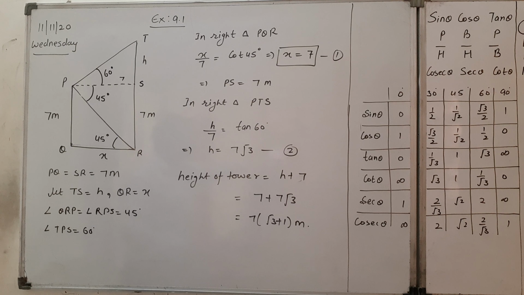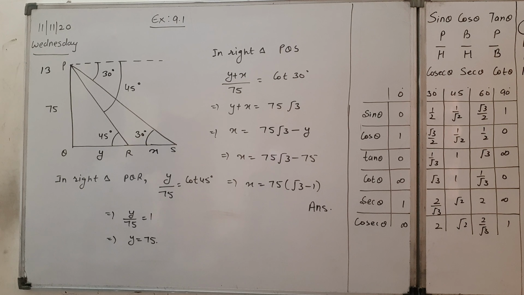Now come to the next question. So next question, question number 13, is: as observed from the top of a 75 meter high lighthouse, PQ is the lighthouse of height 75 meters from the sea level, QRS is the sea level here. The angles of depression of two ships are given. So I have made the angles on the horizontal line taken from the observation point P. So two ships are at R and S. The angles of depression are given to be 30 and 45. Smaller angle is of 30 and larger angle is of 45.